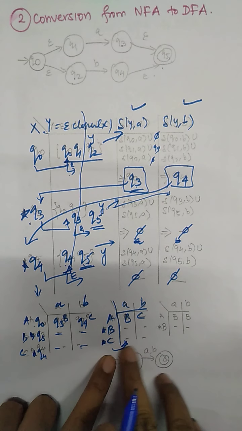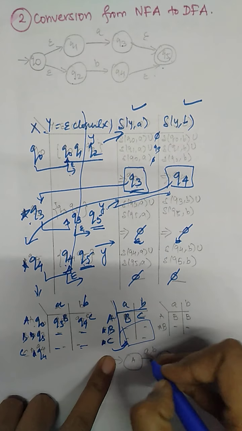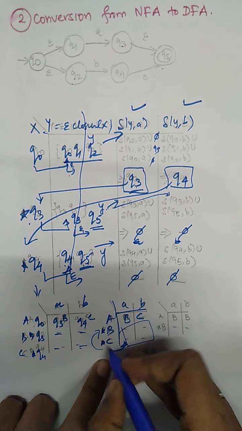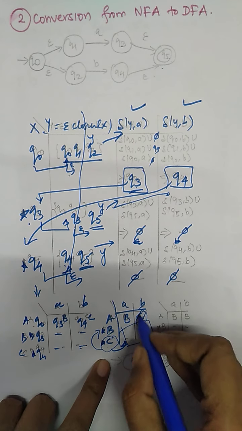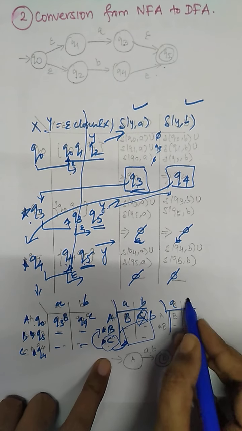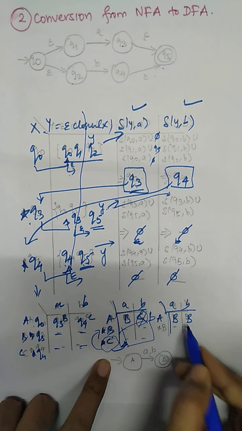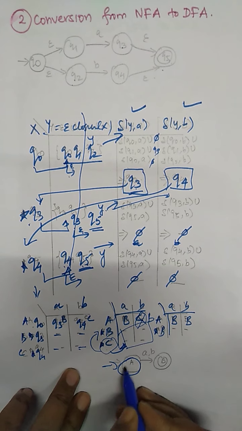Now the entry of C is nothing. The entry of B is nothing. So we got a duplication. So what are we going to do? We are going to check that the state is the same. That means wherever we have C, it will be replaced by B. So here we have C, so that will be replaced by B. So here what we got is a reduced table. Initial state A, on A goes to B, on B goes to B, and the final state goes to nothing. So this is how we are going to draw the table.